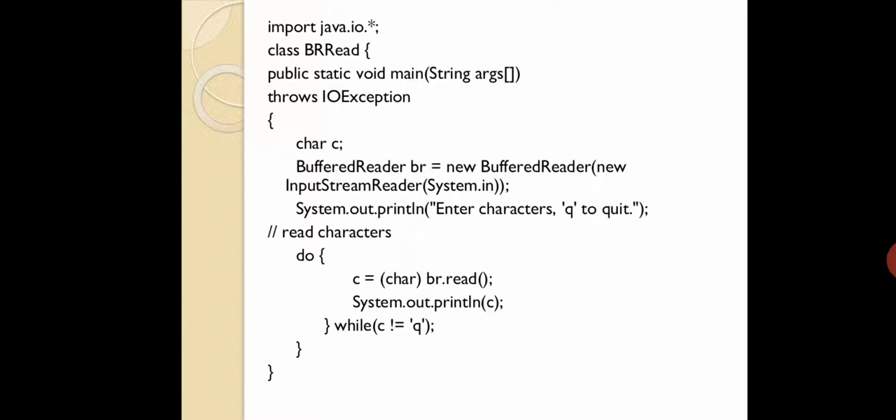Okay, now you are initializing it. You are getting the foundation to get the input from the user. After that, you are going to print something on the monitor: enter characters, and Q to quit. Whenever the user presses Q, your program has to quit. That is the meaning. Now what is the next thing? You have to read the character from the keyboard.